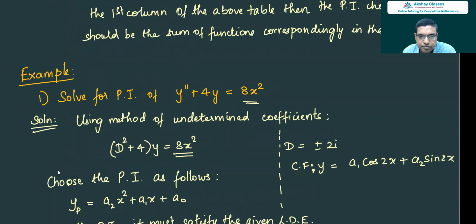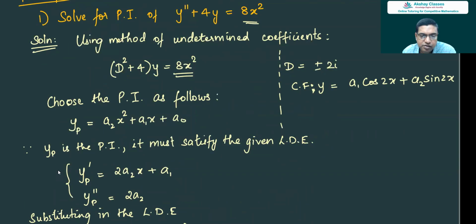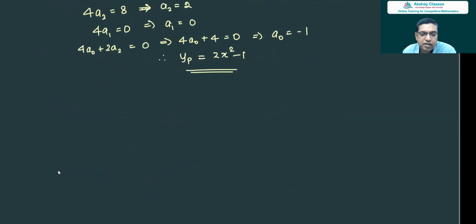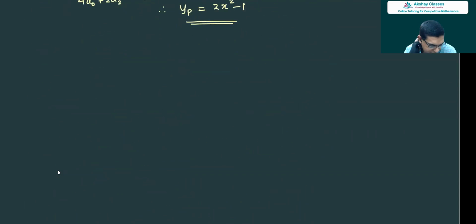Clear? So we assume the function, substitute, find the coefficients, and you found the PI. It is that easy. We don't even have to use the inverse differential operator. So next example, solve for PI